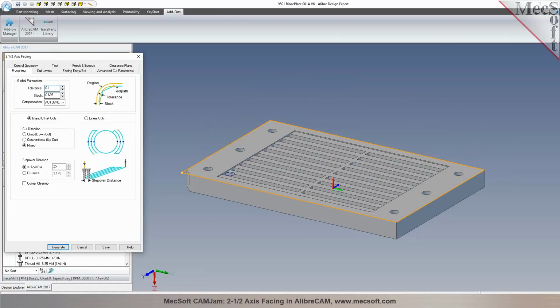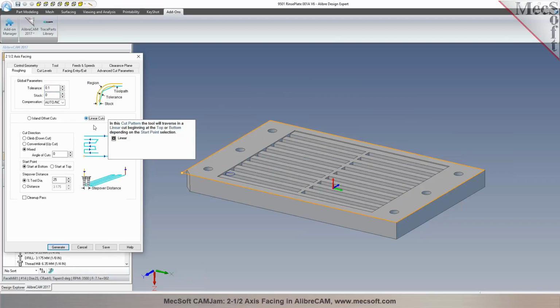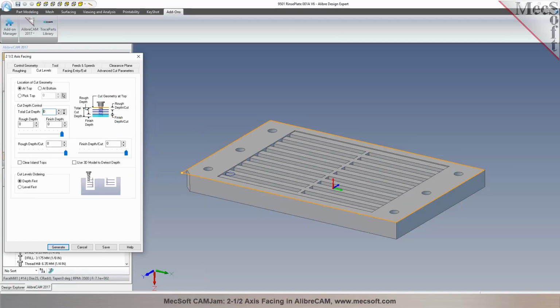You specify the tolerances for roughing. You can choose a cutting pattern. You can specify the cut direction, step over, cut levels. Now, the geometry, what you're selecting here, is at the finished face of the part, which means you don't want to cut below this to face it. So I'm going to say